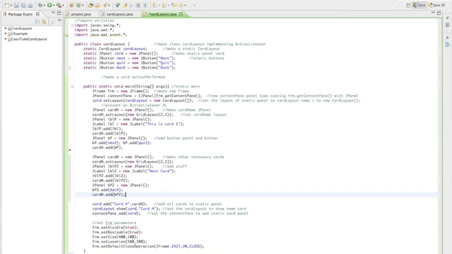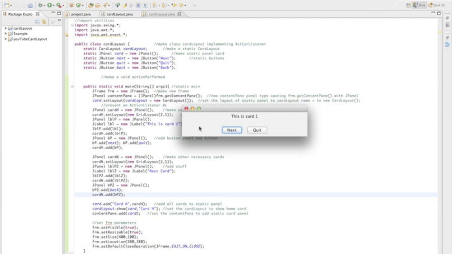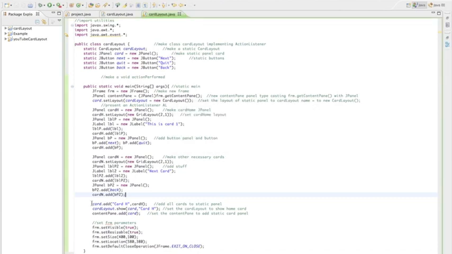Alright, so we have the BP2 in that. Everything seems to be good. Still, when you run it, we're not getting anything. It's not even technically inside of this frame. It's not even anywhere right now. When you come down here, notice how when we did the card add card H, so now we're going to add,